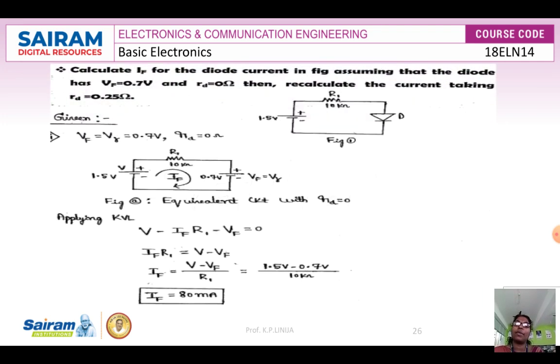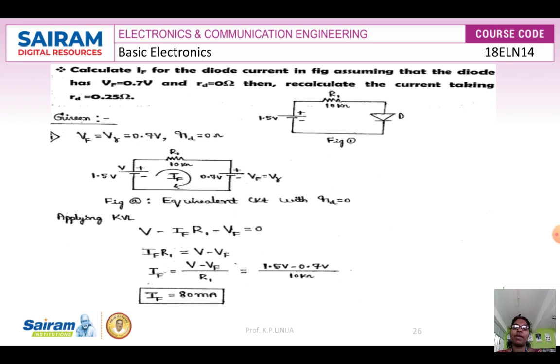Based on this, let us solve one numerical: calculate the forward current for the diode shown in the figure, where R1 is equal to 10 kilo ohm and V is equal to 1.5 volt. Here two conditions need to be calculated. First, at the condition of Vf equal to 0.7 volt and Rd equal to 0 ohm, we draw the equivalent circuit and apply Kirchhoff's voltage law,